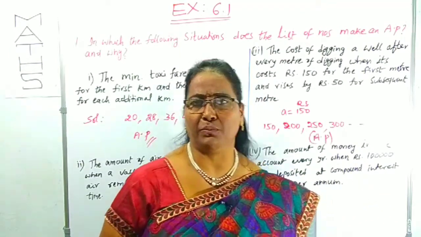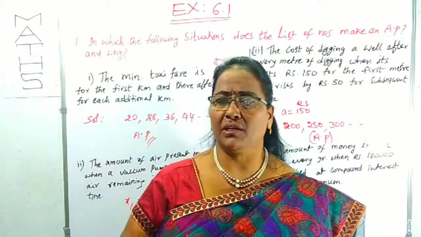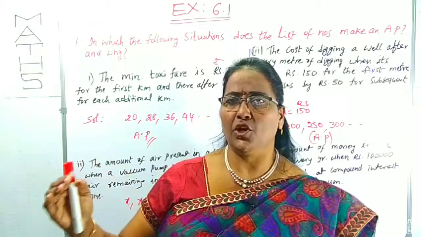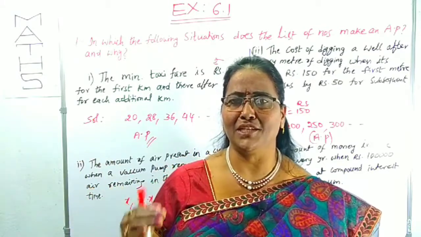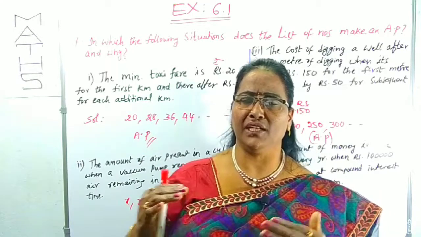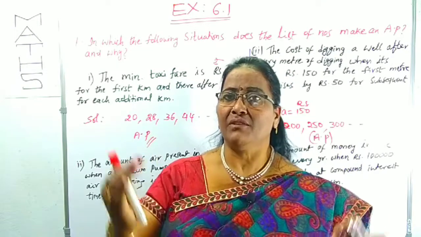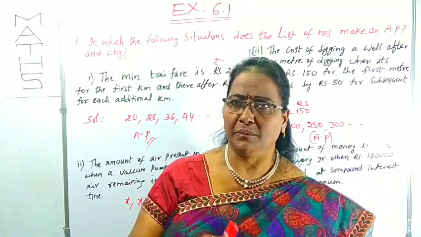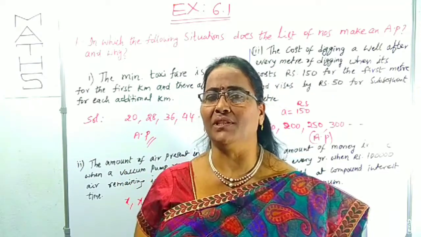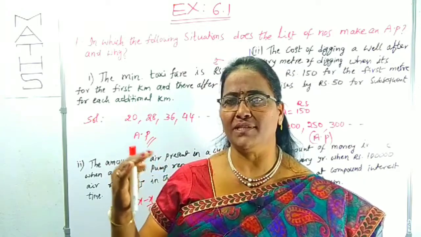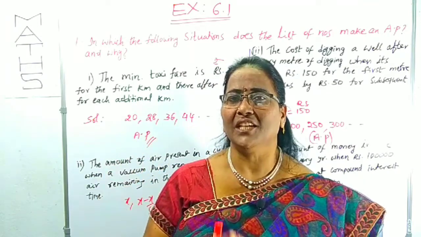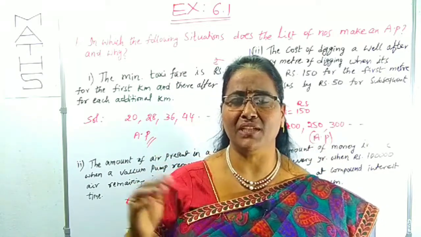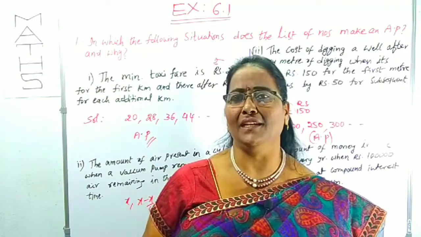What is the meaning of compound interest? Suppose you deposit some X rupees and get some Y rupees as interest. So the total money along with the first interest is X plus Y. Again we take the interest on the principal amount plus the interest amount, that is compound interest. You know those formulas very well, but here formulas are not needed, you just have to think. Compound interest means interest on the interest.